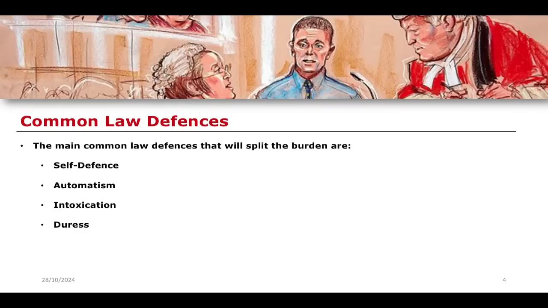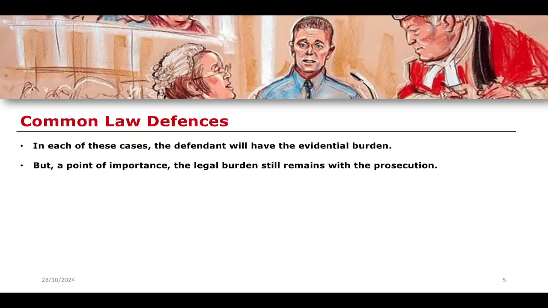Some of them are cases that we have already talked about in the lessons on criminal law. So, for example, the case of Bratty versus Northern Ireland is a case that we see looking at the defence of automatism. But if you want me to do those, let me know, and I'll put some lessons together to do that as well. But for now, let's just think about other issues.